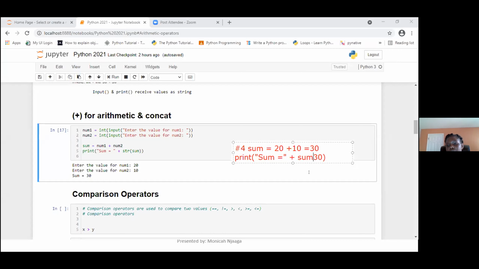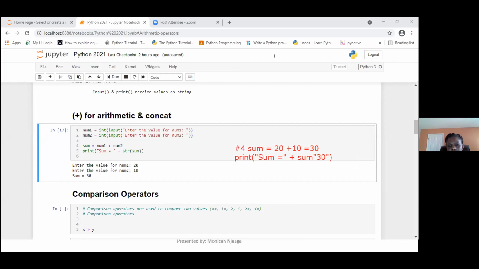So it doesn't look at this number as a 30. It's gonna look at it as a string 30. Behind the scenes, it's making it a string. So that's why we had to do this. Did that answer the question? Yeah, it did. Yeah, thank you. I appreciate it. No worries.